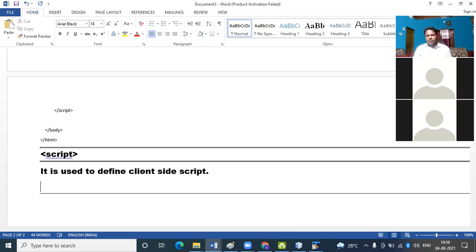I use a script tag, then src is used for the location. If you want to add the external file, src is used.